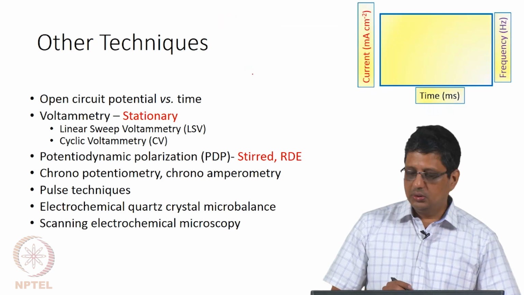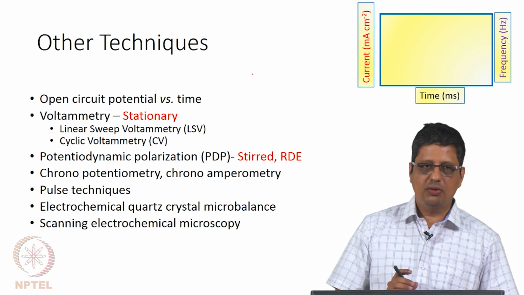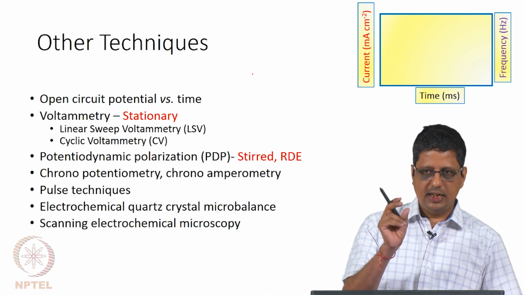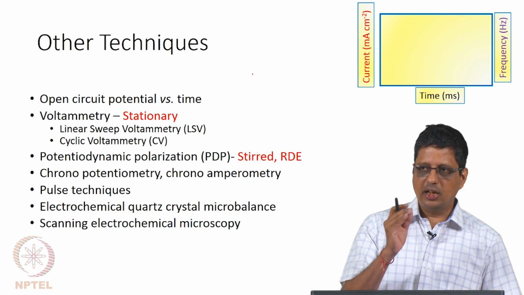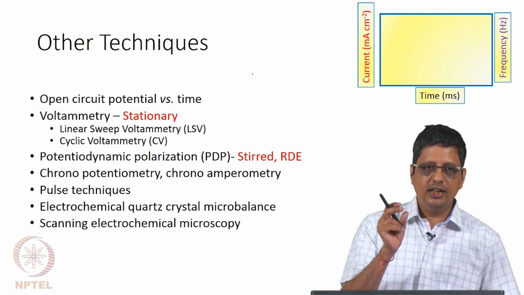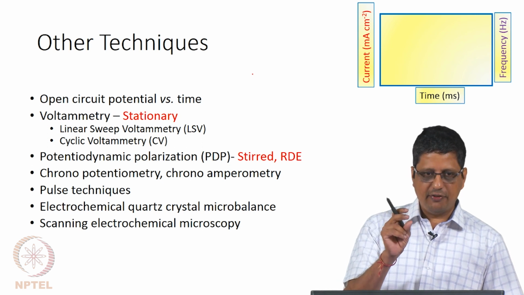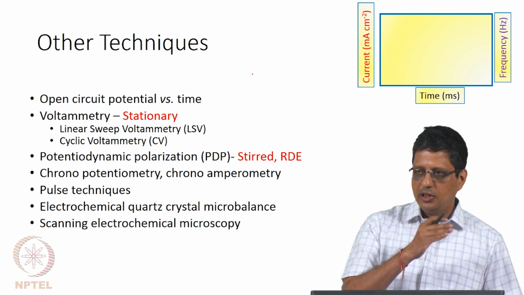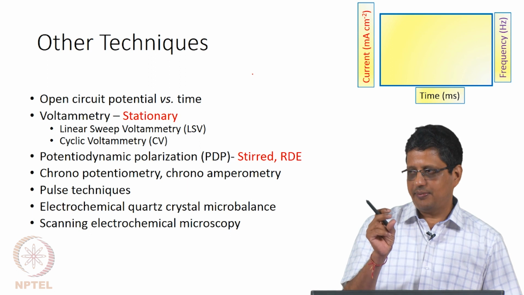Another technique is called quartz crystal microbalance. I think many of you may be familiar with what is called piezoelectric material. If you apply a potential to the material, it will deform. Certain materials like quartz, if you cut in a particular orientation, have an inherent or natural frequency, and if you apply AC potential at that frequency, it will show resonance. It will have maximum amplitude of movement. If you move away from the resonance, the response will be less.